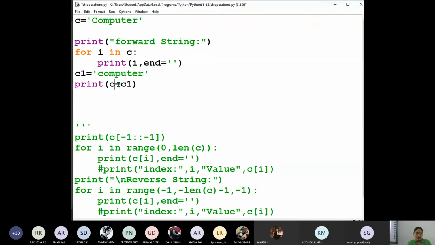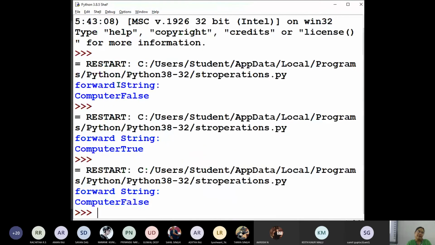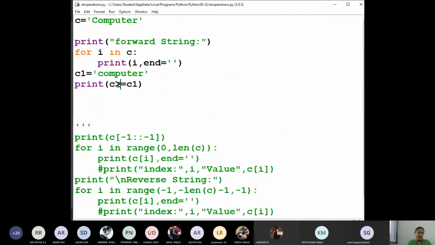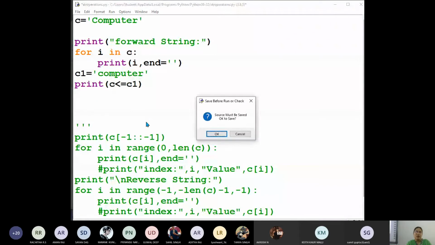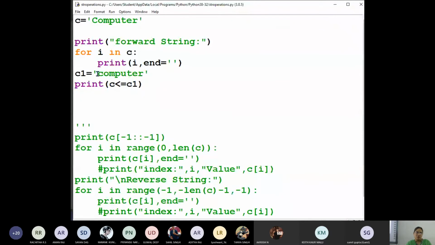Now it is greater than or equal to. Small letters have bigger values than capital letters, children. So greater than or equal to is wrong, so false. Capital C is smaller, small c is bigger as the value.